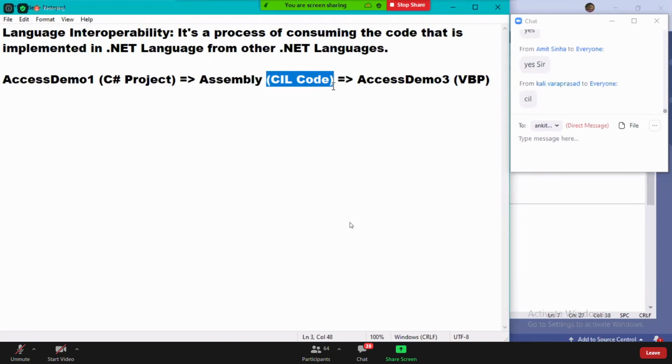It is CIL code. See, I am from Telugu here. My mother tongue is Telugu. And suppose your mother tongue is Marathi. So, you don't know Telugu, I don't know Marathi. But both of us are speaking in English. So, CIL code is like English. I understand English, you understand English. Point clear, guys?